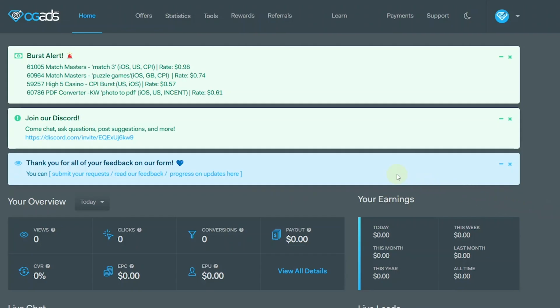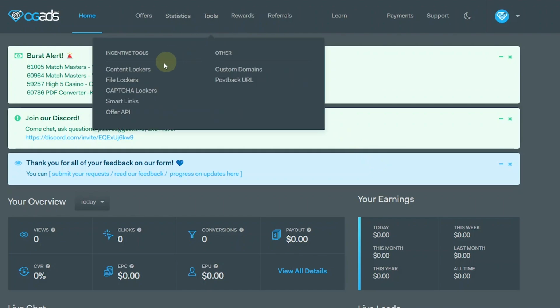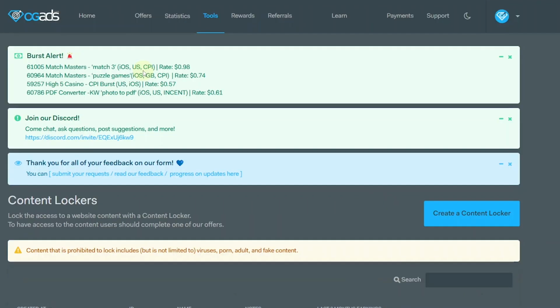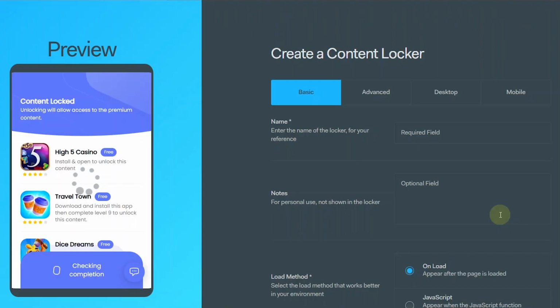So go to Tools, then Content Lockers. Next, click on Create a Content Locker. On the left, you'll see the default look of the content locker, and on the right, you'll find the content